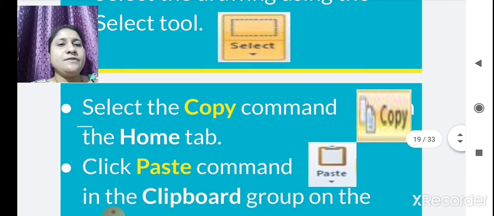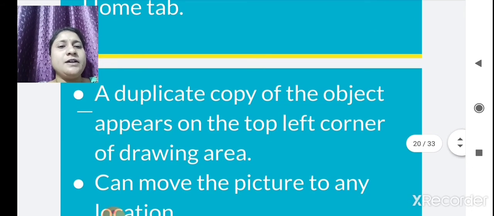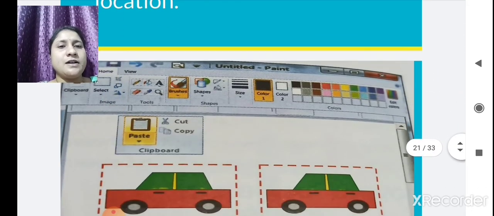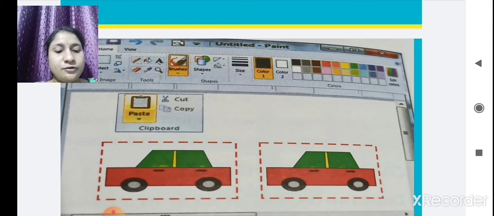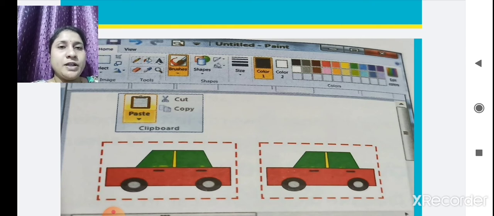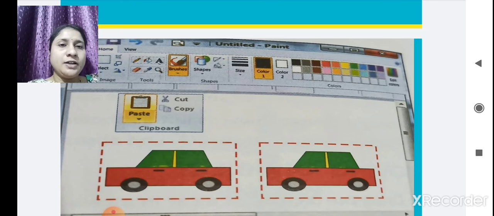See here, we have selected this car. There is already one drawing of a car, we have selected it, and after that we go to the copy option in the clipboard group on the Home tab. There it is, the copy option, we click on copy.